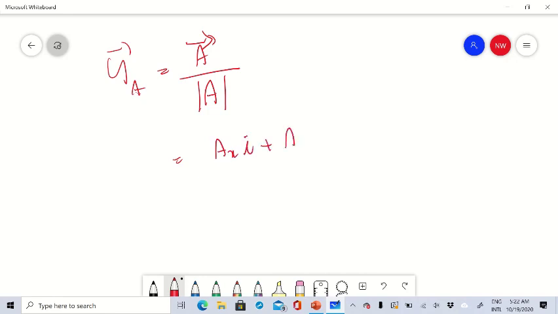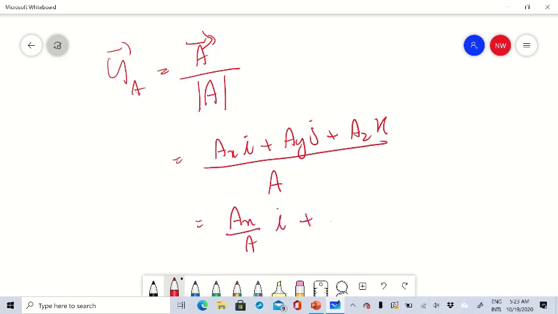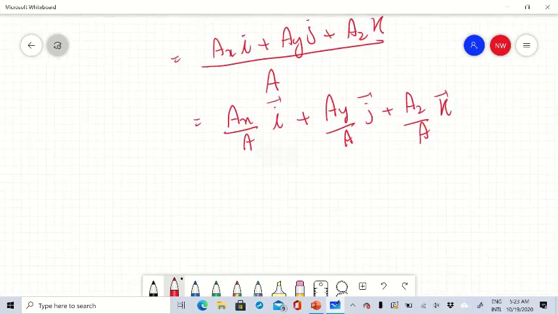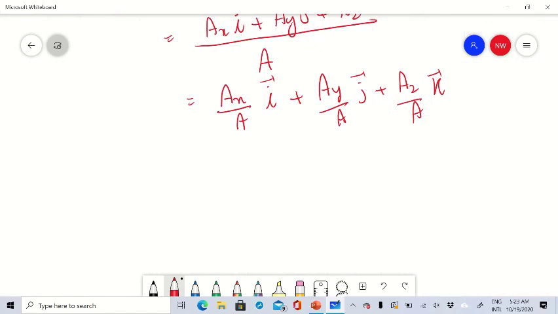AX i plus AY j plus AZ k divided by the magnitude of the vector A. If I express it like this, AX over A times i plus AY over A times j plus AZ over A times k. So then what is this AX over A? We learned that it is the cos alpha, right? In our